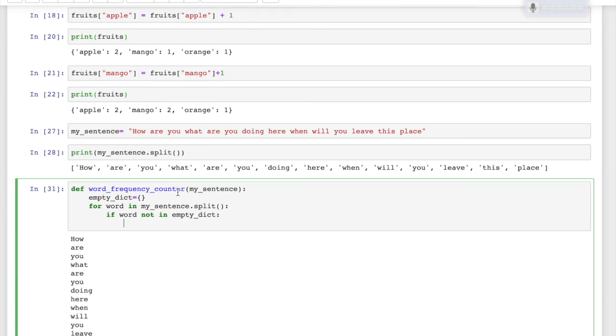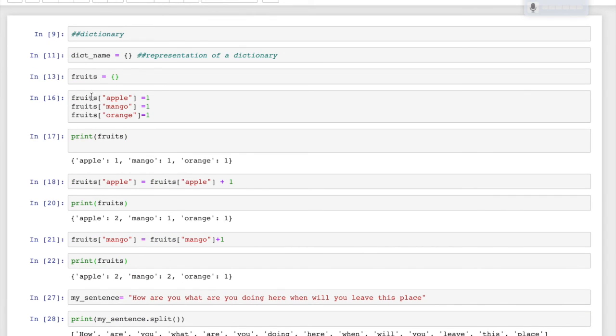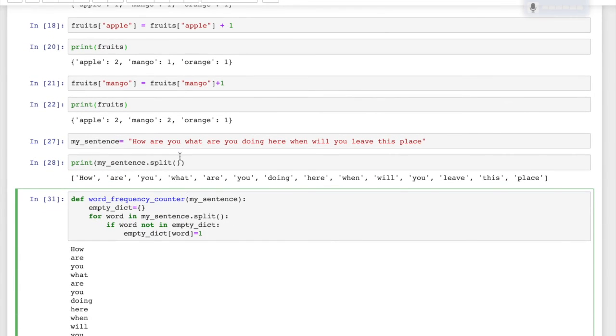Then empty dict word equal to 1. Okay, this is the name of the dictionary, empty dict, and this is the word, and this is equal to 1.